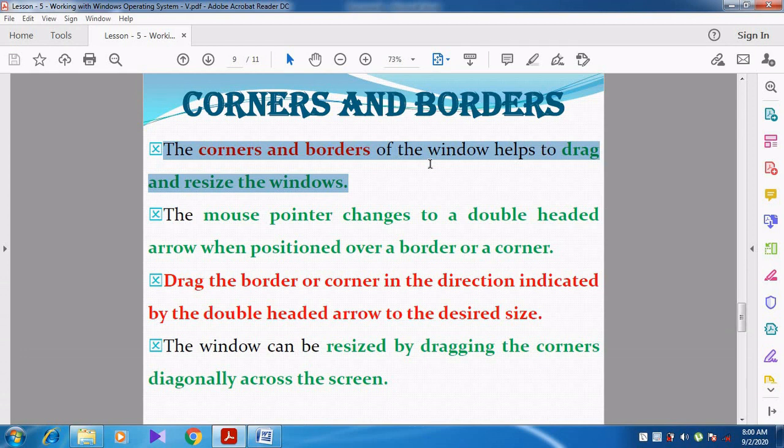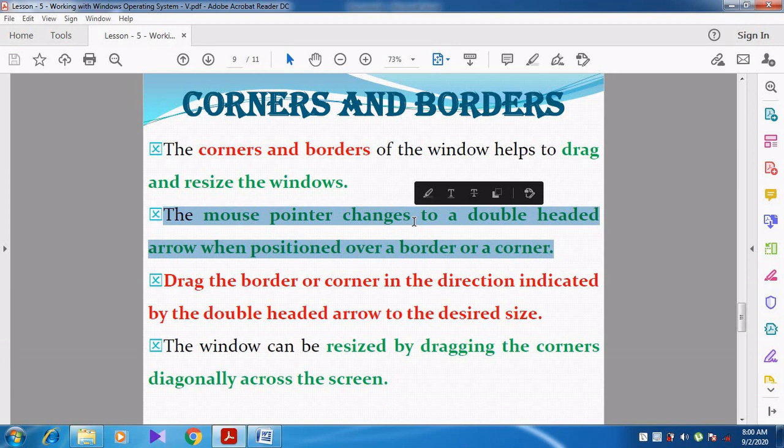Whenever we want to resize, we move to the corner or any border, and the mouse pointer changes to a double-headed arrow. Double-headed arrow means a line will be there and the arrow will be on both the sides.